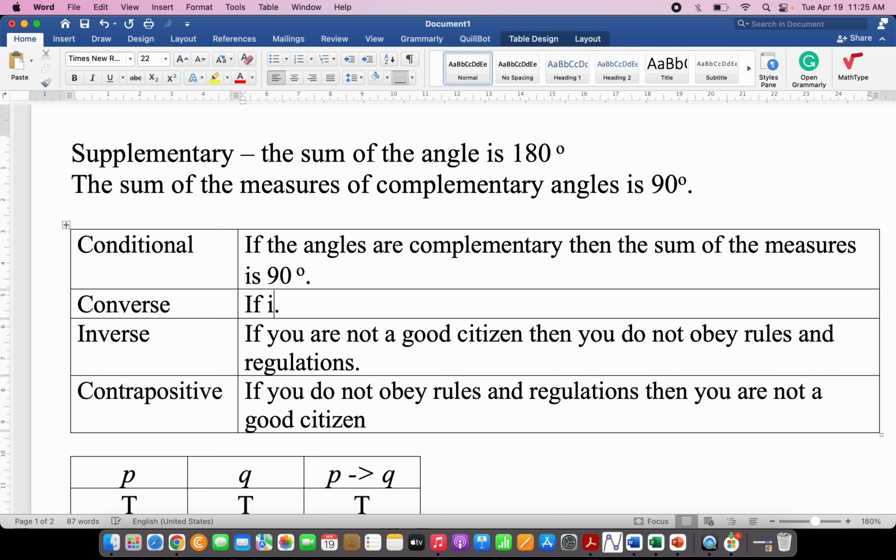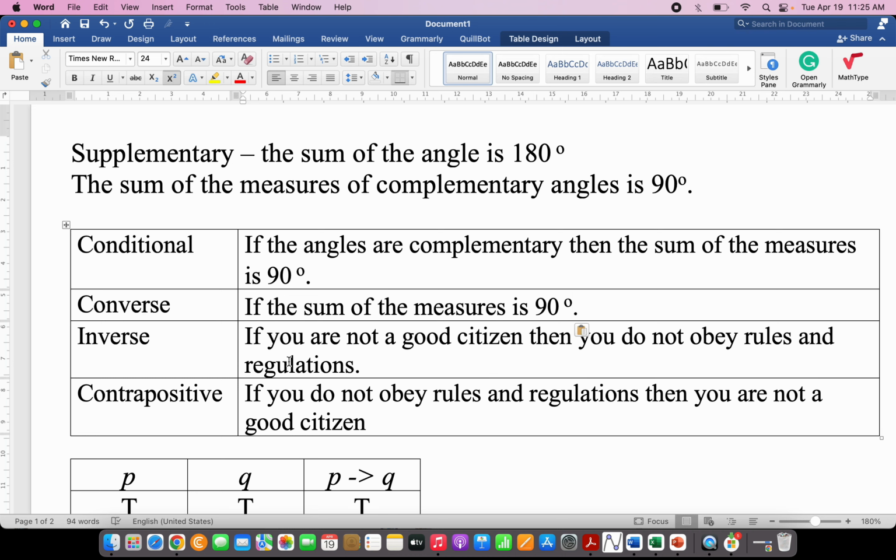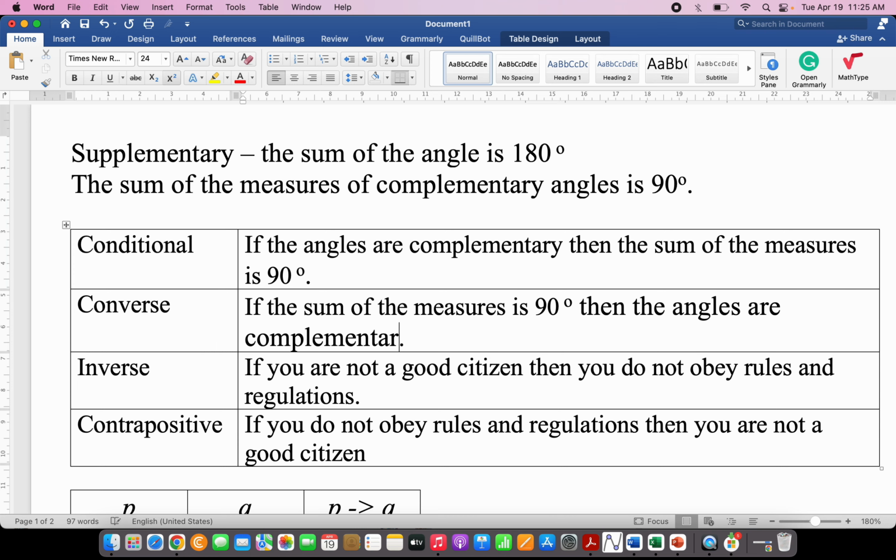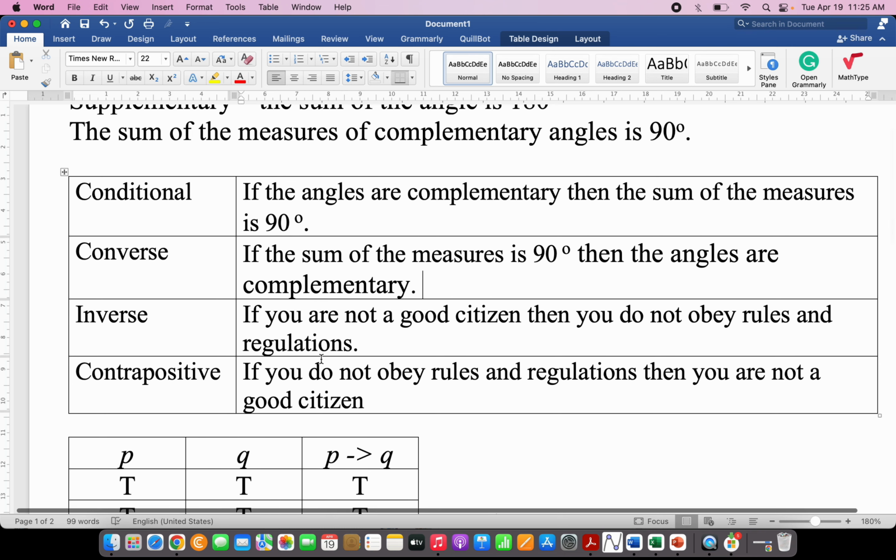If the sum of the measures is 90 degrees, then the angles are complementary. That's it. Then, for the inverse part,